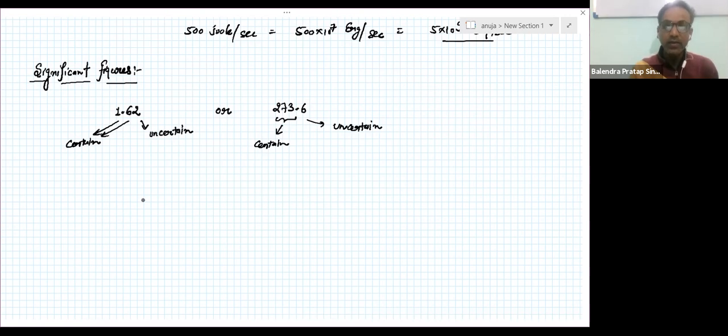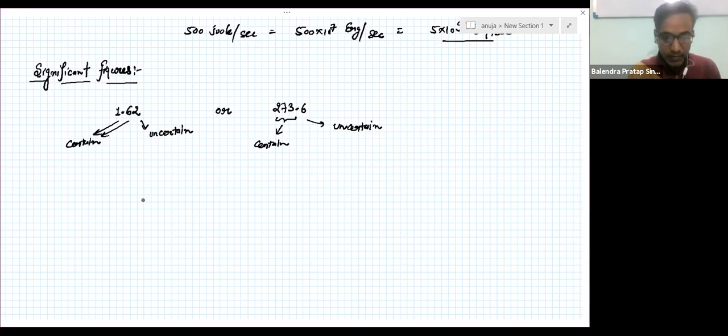So this is all about significant figures. The first number has 3 significant figures, but you can convert these 3 significant digits into 2 significant digits by removing the last one, which we will learn how to do. You can change the significant figures according to your observation. Significant figures are used in observation. If you are observing some data very precisely or accurately, you require significant figures.